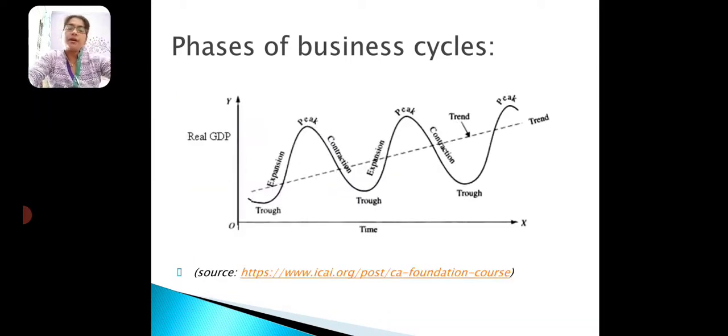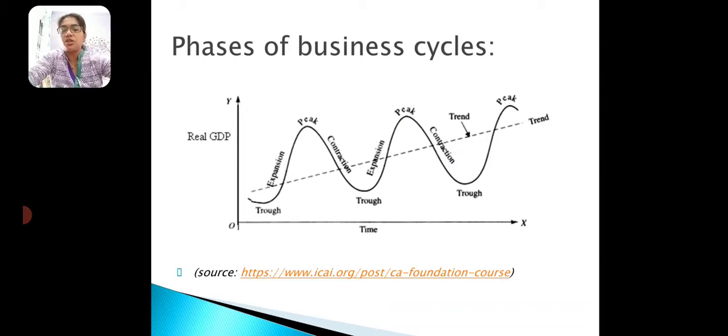So I have given one diagram here. You can see this diagram where on the x axis I have put time, and on the y axis I have put GDP, real GDP. Usually economic activity is measured in terms of GDP. So on this x axis and y axis, I have a curvy movement where I have something called expansion,